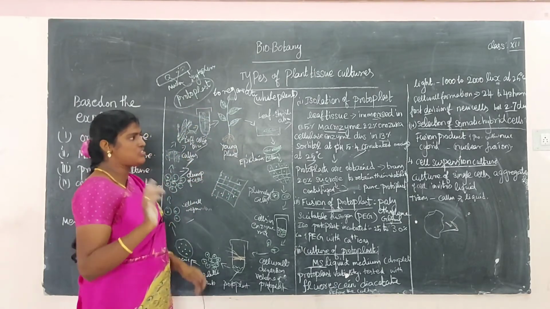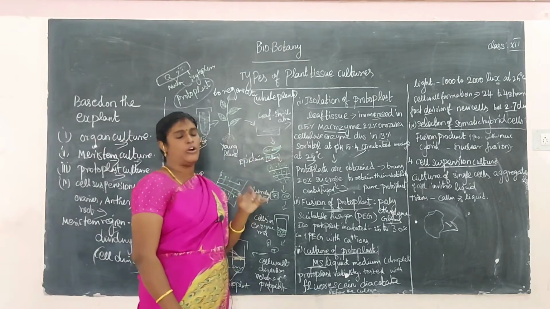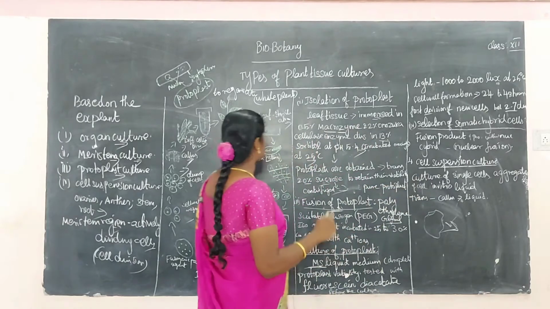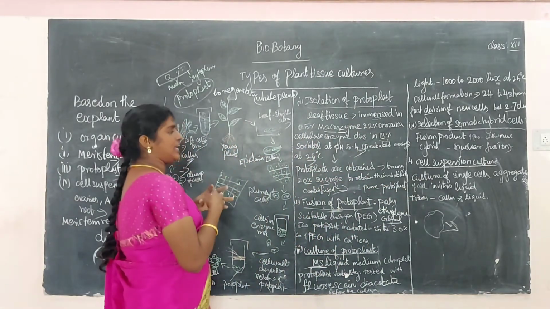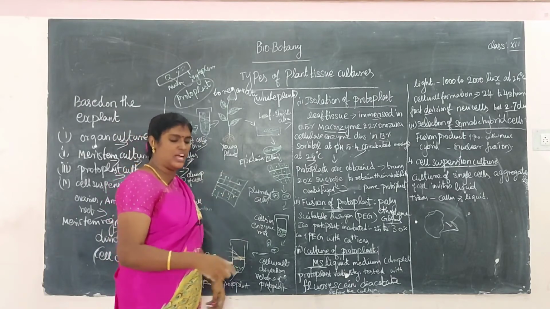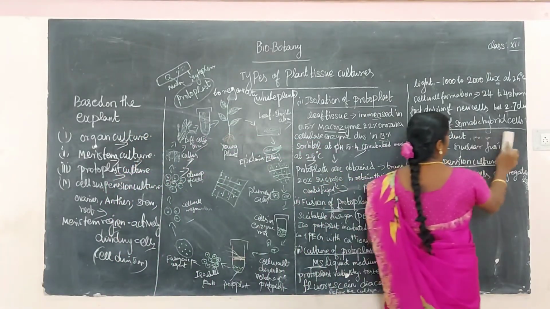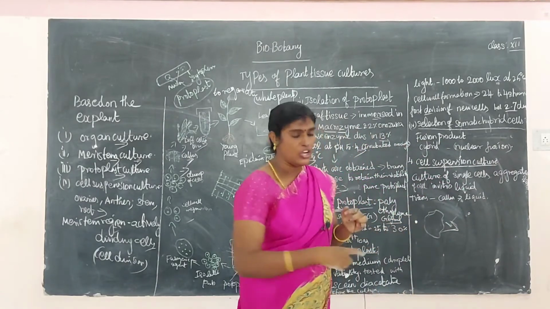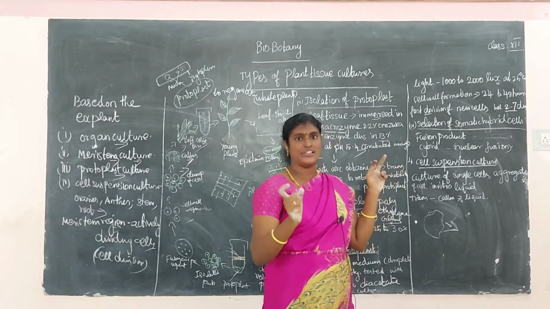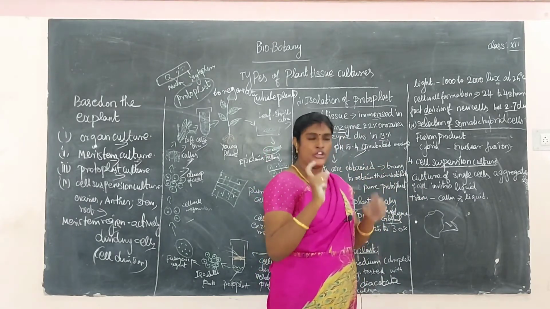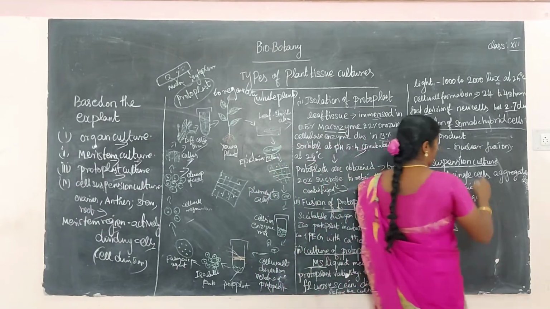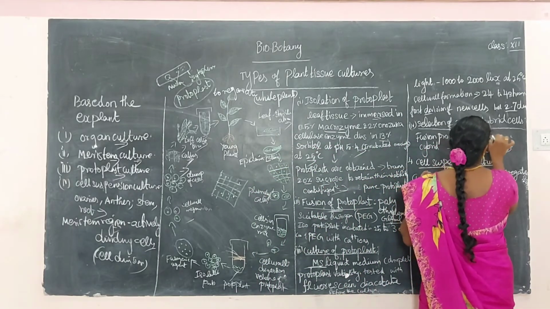Okay? So the last one, selection of somatic hybrid. What is the meaning of somatic hybrid? First fusion happens with a fusogenic agent, the first fusion product of protoplasts without nucleus. What is it? Fusion of protoplasts without nucleus, that is called cybrid. What is the meaning of cybrid? Fusion of protoplasts without nucleus, that is called cybrid. If it fuses without the nucleus, that is called cybrid.